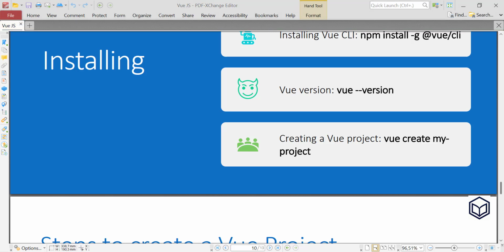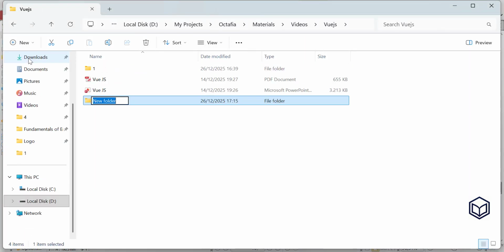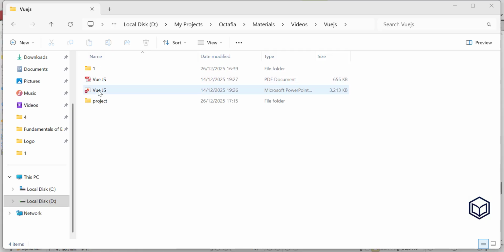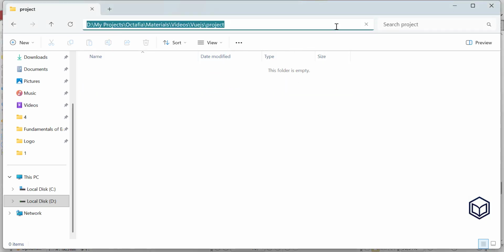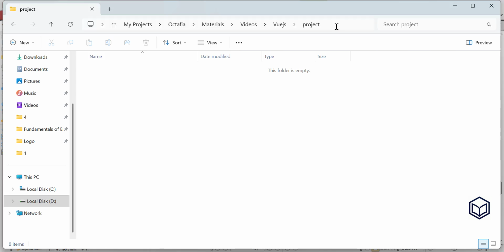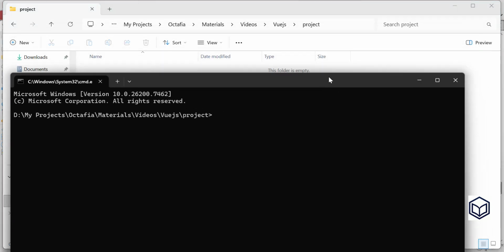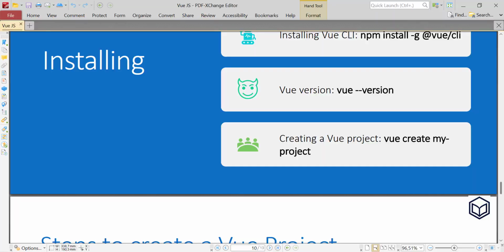I will close this command window and open another one with CMD. You can type vue create and the name of our project, maybe my project or first project.